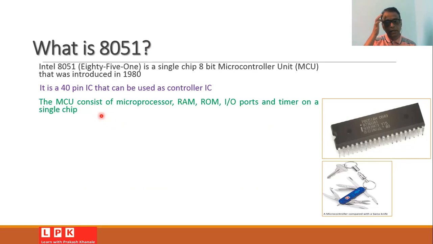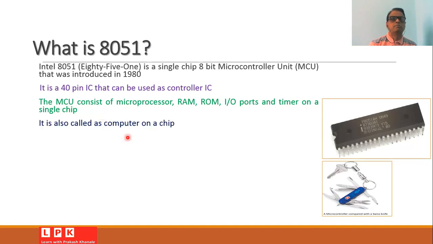As we have seen in the case of the microprocessor 8085, whenever we want to interface any device, we need to use another IC, 8255, for that purpose. But a microcontroller is something which consists of everything needed in order to build the application. So it has the microprocessor, the required memory, the IO ports and the timer.